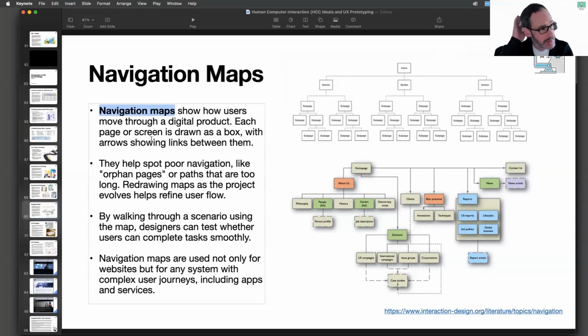So even when you're on an app on your phone and you're clicking into it, you know the way you have to journey on the app different ways? That's the navigation. So what a navigation map does, and again, I would produce one of these for your assignment if you can, because it will show how the user needs to journey through it. Each page or screen is drawn as a box, and then you have arrows linking them that shows them where to go. And this helps spot poor navigation, things like orphan pages, which is a page where you get stuck